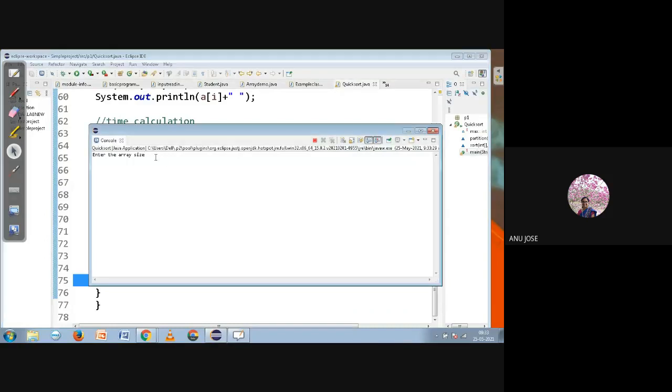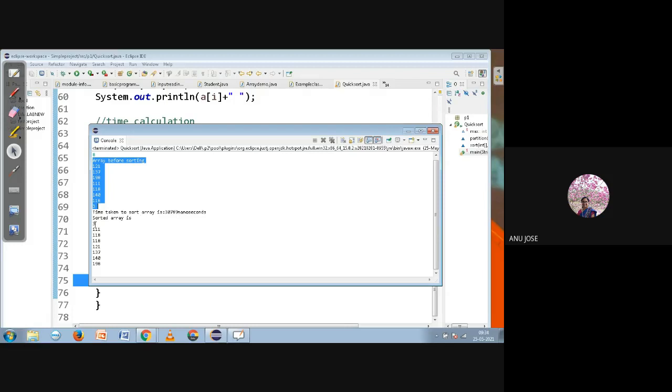Enter the array size. As of now, just for our understanding, I have given just 8 integers. You can see the integer values were automatically generated, as we have called the random function. So 8 random integers were generated. These were the elements: 121, 137, 198, 111, 118, 114, 118, 118 twice, I think it is generated, and 3.